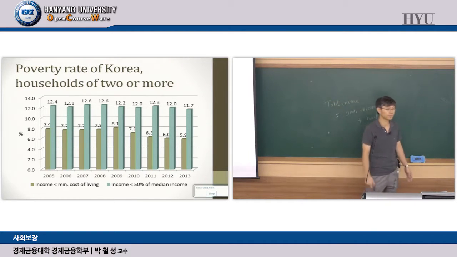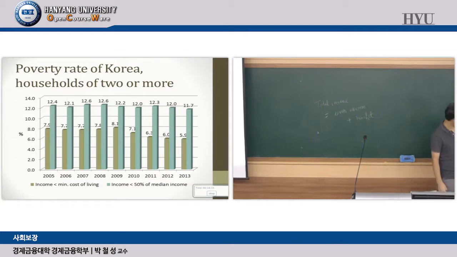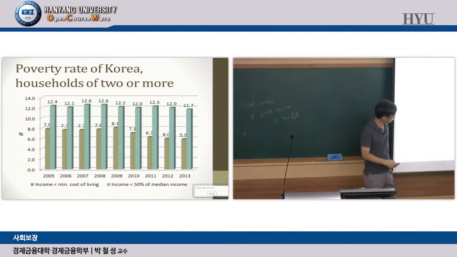Okay, so this is an absolute sense in the meaning that it does not compare to any other households. It compares to a certain level of income that is considered to be a poverty line. Sometimes people use poverty line for this one. And this one actually compares to other households.